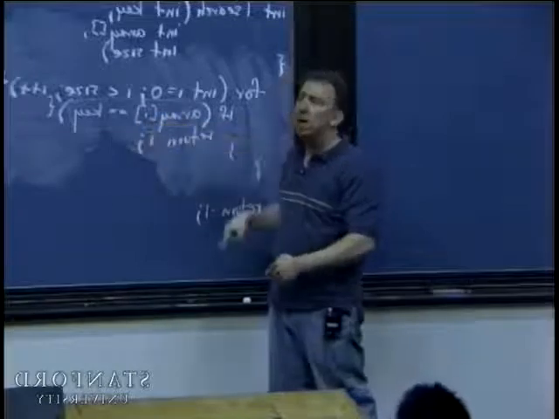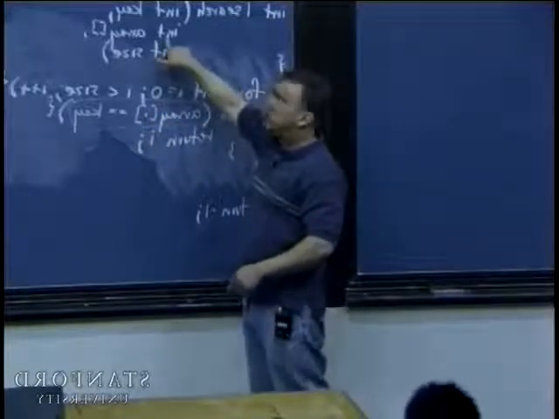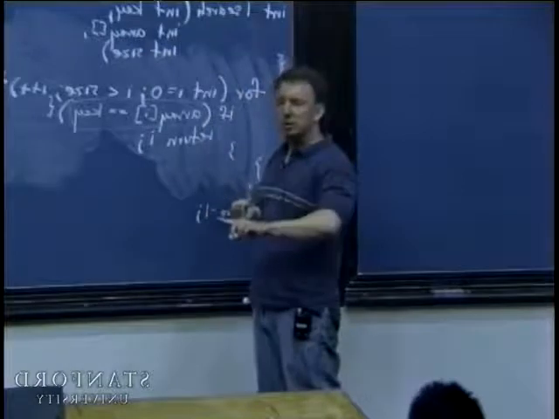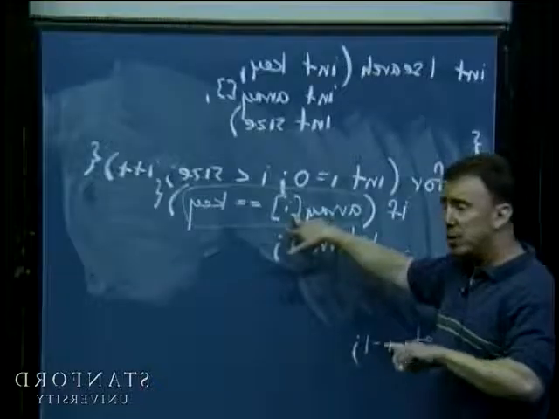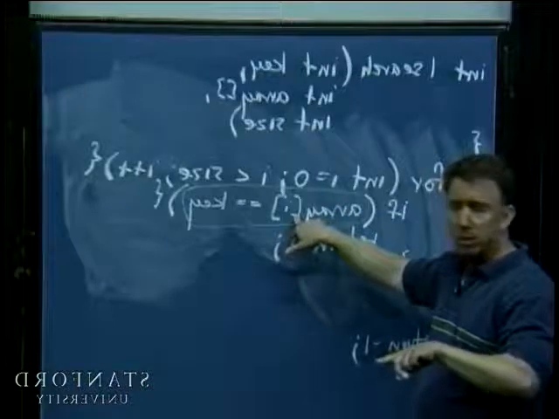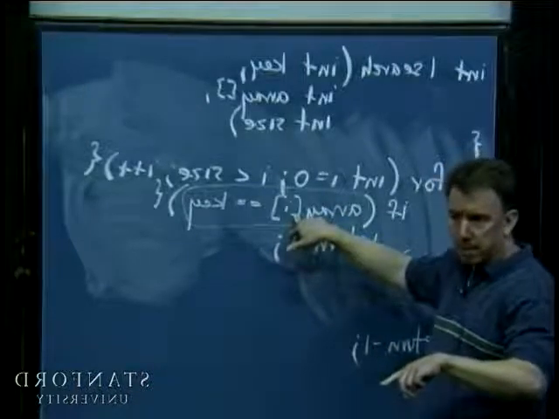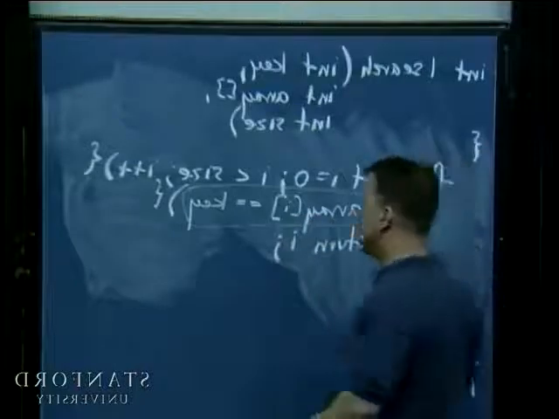If I make this a void star, then all of a sudden I lose the implicit pointer arithmetic that comes with array notation. In fact, you can't use array notation on a void star for the same reasons you can't dereference it. Okay, there's no size information that accompanies it. So